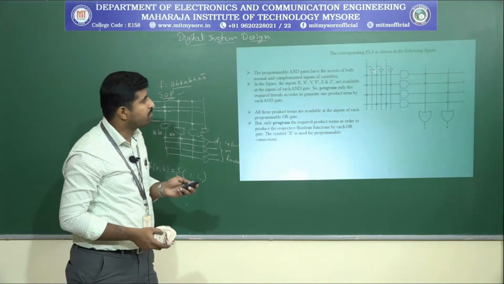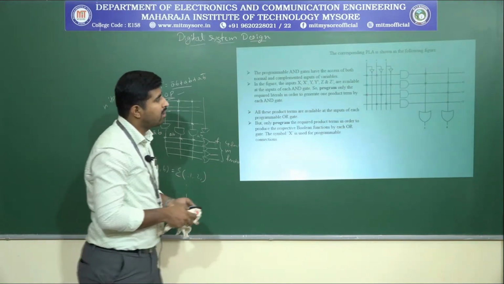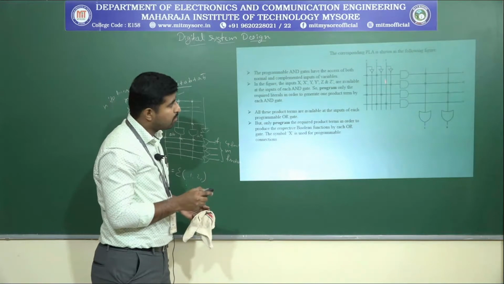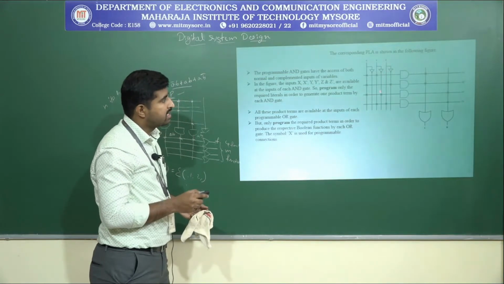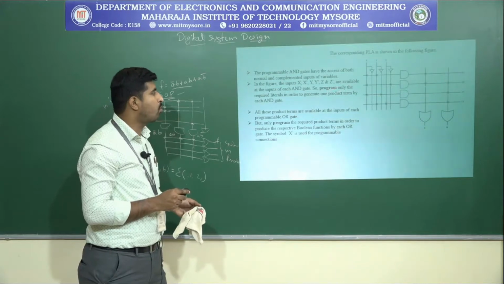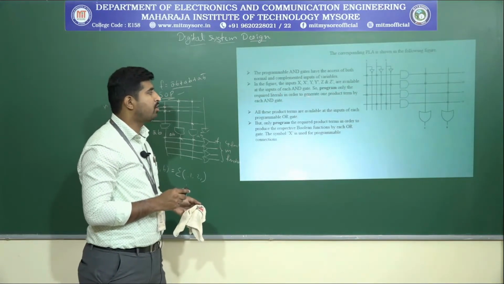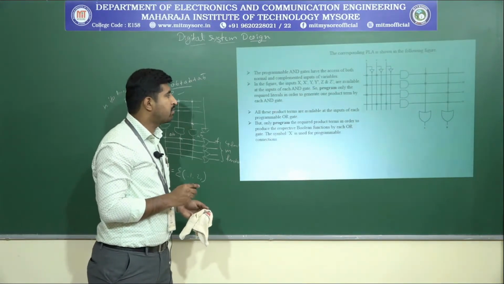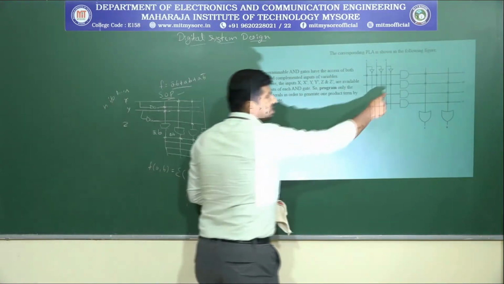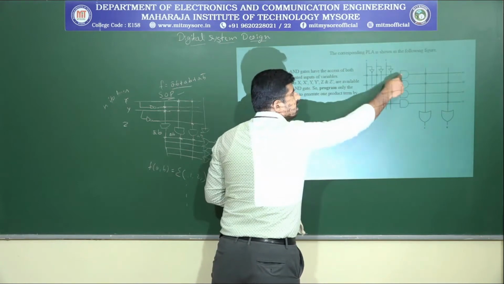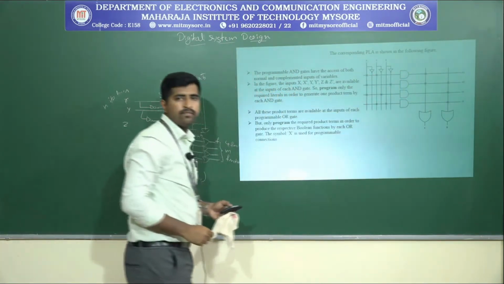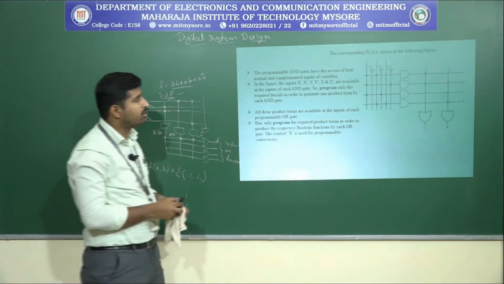Okay, so whatever the inputs were needed, all the AND gates can access both x bar, y bar, z bar. According to whatever is needed, we can program only the required literals in order to generate one product term by each AND gate. Whatever product term is needed from each AND gate, that one is going to be programmed, or connected. Okay, so hope you can understand.